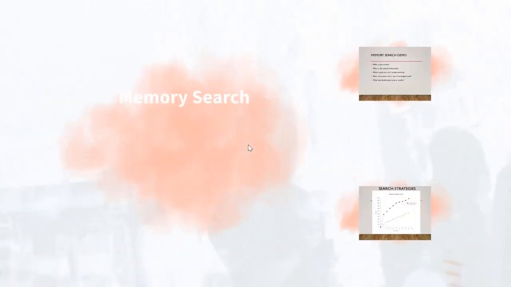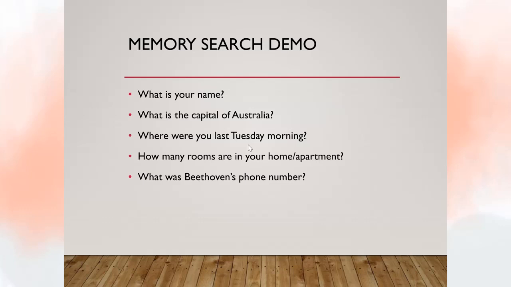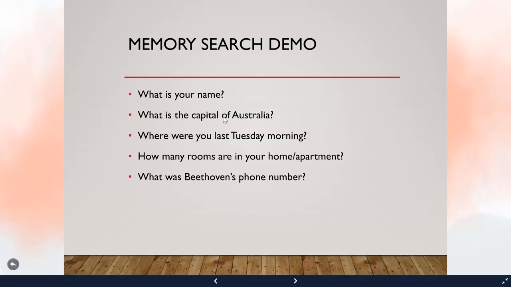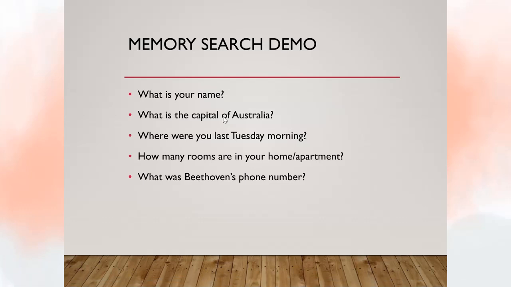You're maybe not as familiar with memory search strategies as you are with losing your car keys. So let's talk a little bit about memory searching. I could ask you, what's your name? And that's going to come up automatically because it's so well learned. You don't really have to think hard about that. But what if I were to ask you, what's the capital of Australia? Now you might immediately think of Sydney, but you'd reject that and say, no, it's Canberra, it's not Sydney.